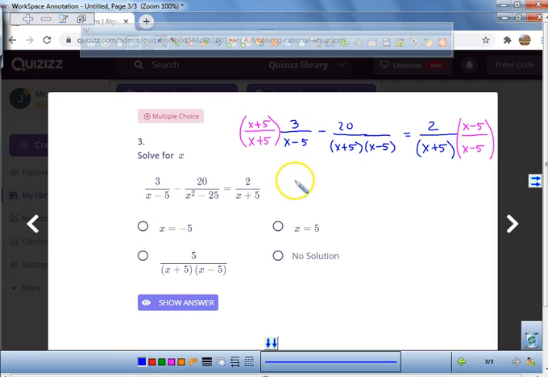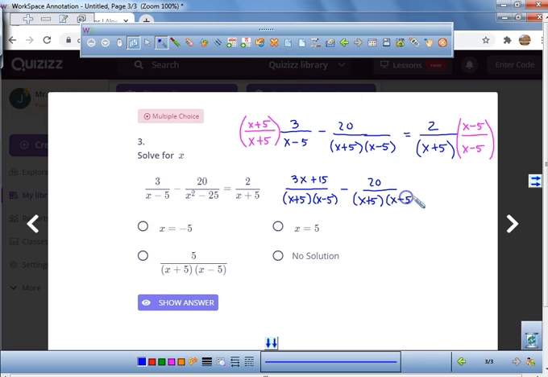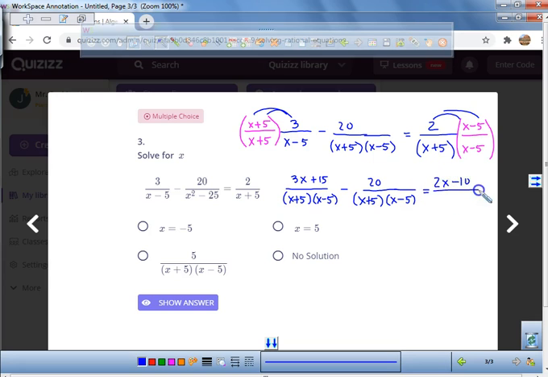We get 3 times x, which is 3x, and 3 times 5, which is 15. And that's all over the same denominator now of x plus 5 and x minus 5. Minus, we have 20 over x plus 5, x minus 5. Equals 2 times, so remember, just like I distributed to this, I'm going to distribute it to this, equals 2x minus 10, over x plus 5, x minus 5. Now, if all these denominators are the same,